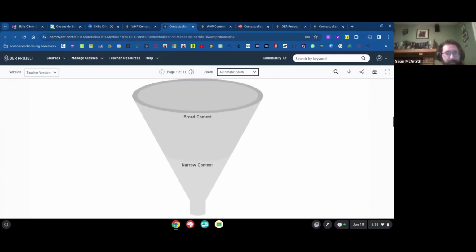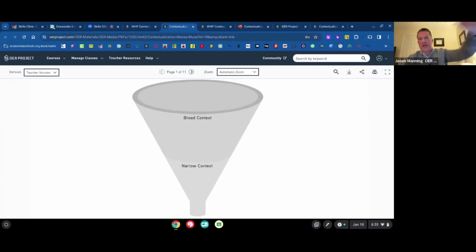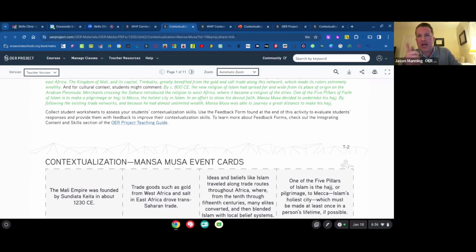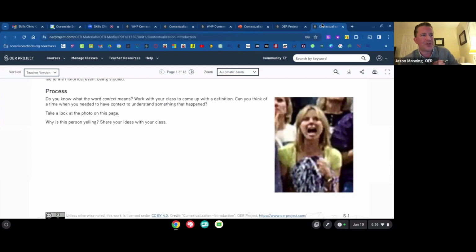This can certainly be a visual that's laminated permanently into the room, and then you can constantly be referring to it, for the kids to come back to when you're trying to set the stage for whatever it is that you're studying. While I have the slideshow off the tab for a second, I also wanted to show you this resource here. Before you begin contextualization and you're diving into content, there is a do now, a hook lesson into contextualization, and this one uses images,